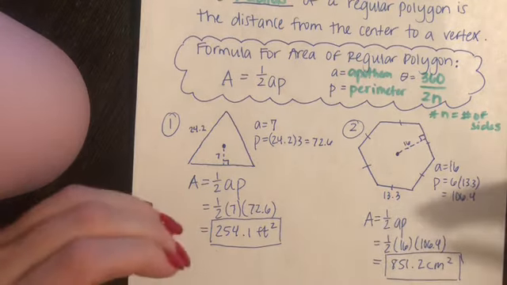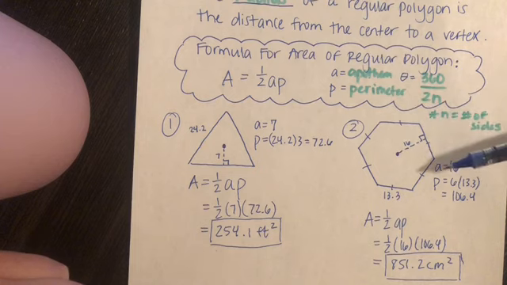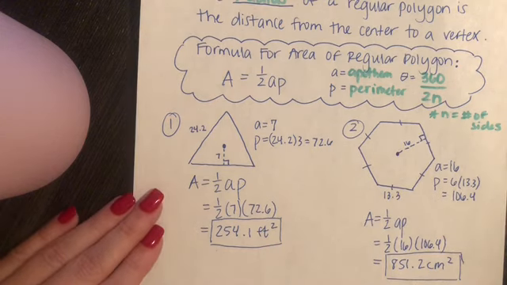Again, both of these cases were easy because they gave you the apothem and they gave you a side length. Okay, the next set of examples, they give us the apothem, but they don't give us a side length. So we're going to see how to handle that situation next. Pause the video if you need